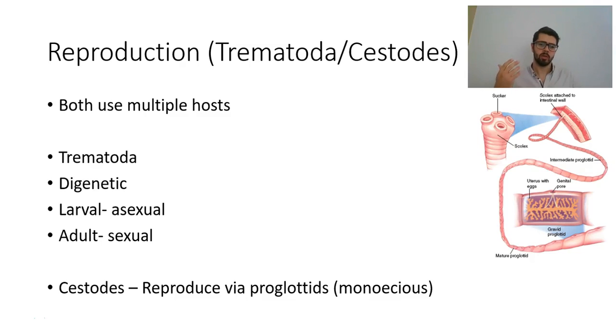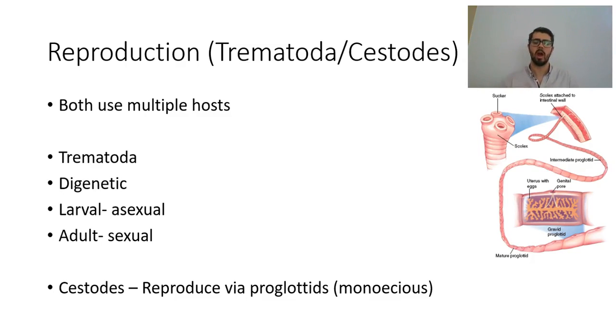Trematodes are digenetic, which means that they have one larval stage that is asexual. This is when they're larvae and they are just reproducing as many as possible. Then when they get into one of the hosts, they have a sexual stage where they are trying to further the species by changing